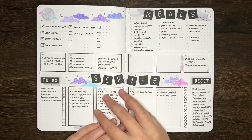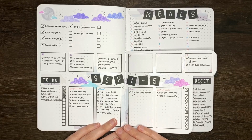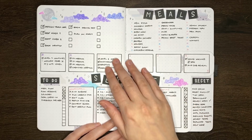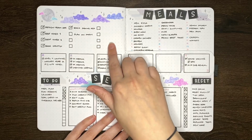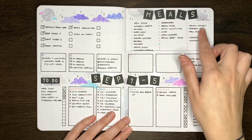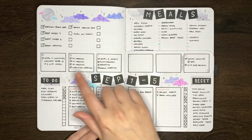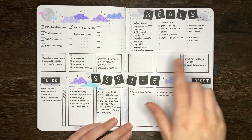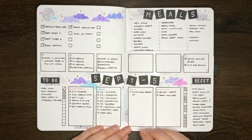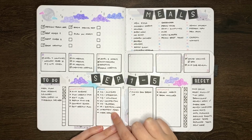After this, we're into the weekly spreads, and for September I wanted to do something a little bit different with my weeklies and have a kind of interesting style Dutch door. So at the top of the page here, we have my kind of monthly priorities, or things I was aiming to do this month. We have my meal tracker for dinners in particular, and then at the bottom here, for each of the weeklies, we have a little box up the top here for Monday through to Friday, and then the weekend shared. At the bottom, we have themed checklists, so JashiiCorrin or content creating stuff, school stuff, home stuff,